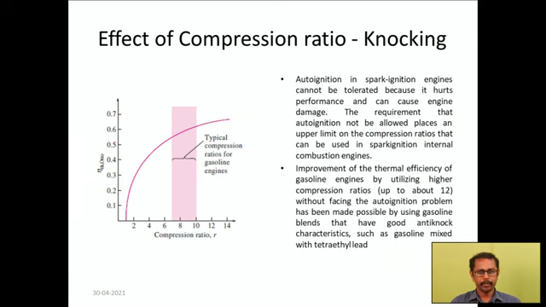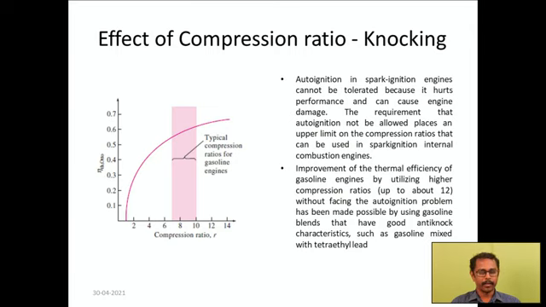Auto ignition in a spark ignition engine cannot be tolerated because it hurts performance and can cause engine damage. The requirement that auto ignition not be allowed places an upper limit on the compression ratios that can be used in spark ignition internal combustion engines. The improvement of the thermal efficiency of gasoline engines by utilizing a higher compression ratio, up to about 12, without facing the auto ignition problem has been made possible by using gasoline blends that have good anti-knock characteristics, such as gasoline